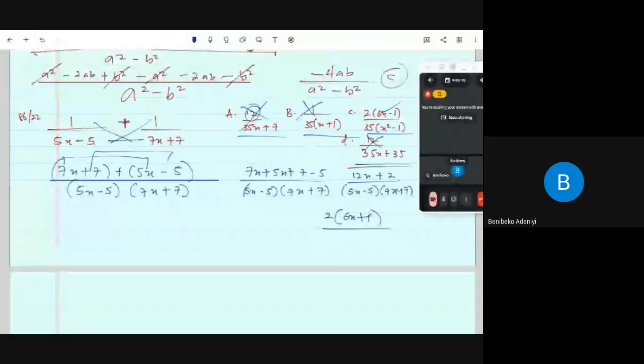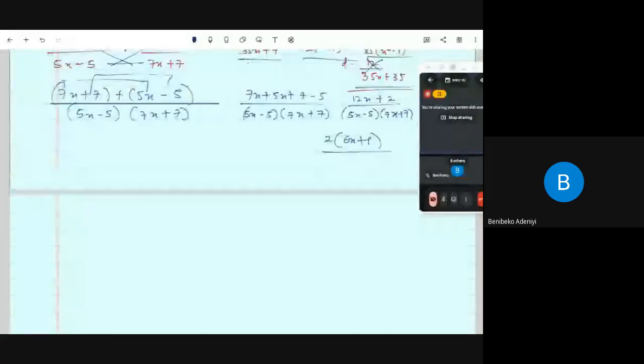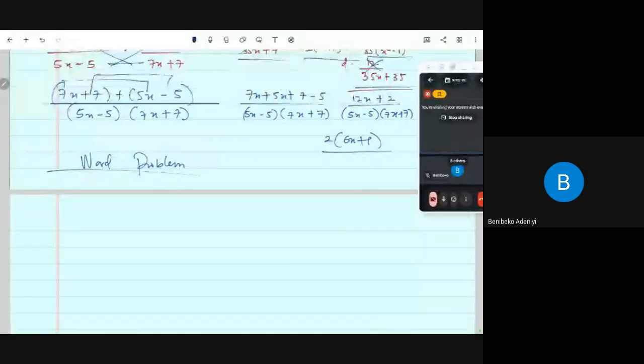I want to quickly dive into word problems. I want you guys to be very careful here. Word problems. So in this word problem question,